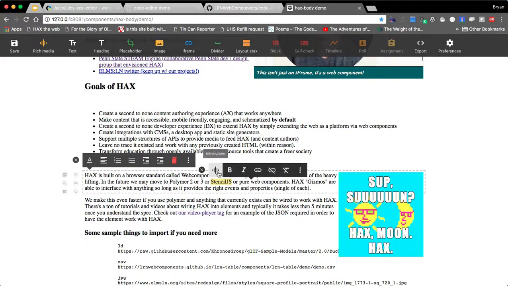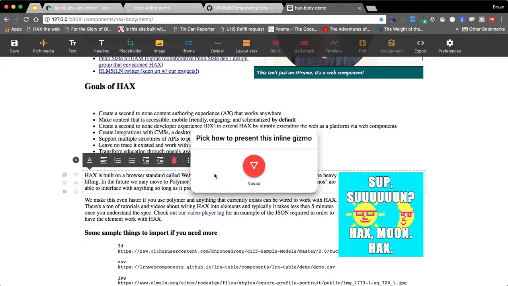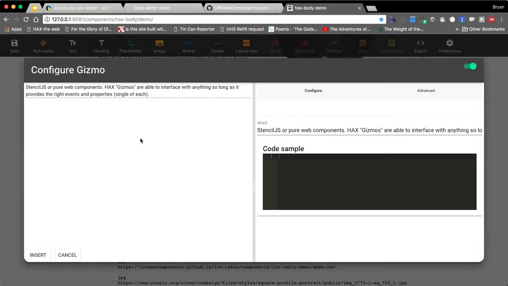So this, another concept I'm working with right now as to why I went down this rabbit hole is concept of an inline custom element, right? So we've been showing a lot of block-based custom element integration. But now I should be able to do inline Gizmo, and now Vocab, which is made by Chuck Lavera. He's another developer, works on Elms and some of the LRN stuff. He's been working on this thing called Vocab. And so Vocab, if I hit it,